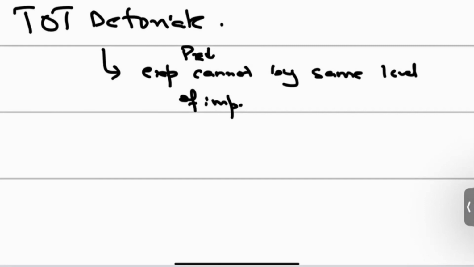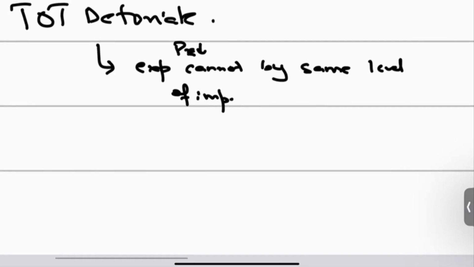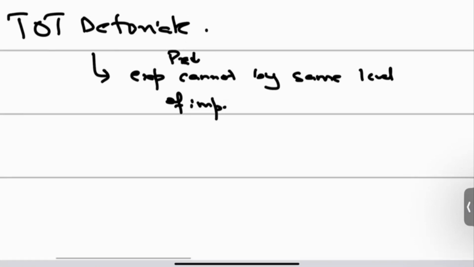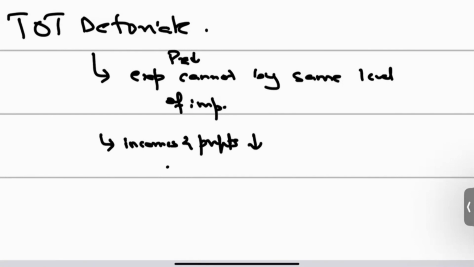But what it also means is that now, since export prices have gone down, the average export price has gone down, and the same basket of exports cannot buy the same level of imports. Which obviously means that now your incomes and profits for exporting firms are lower, and now you need to spend more money. You now need to spend more money on the same level of imports, because मैंने आपसे वही वाली बात बोली